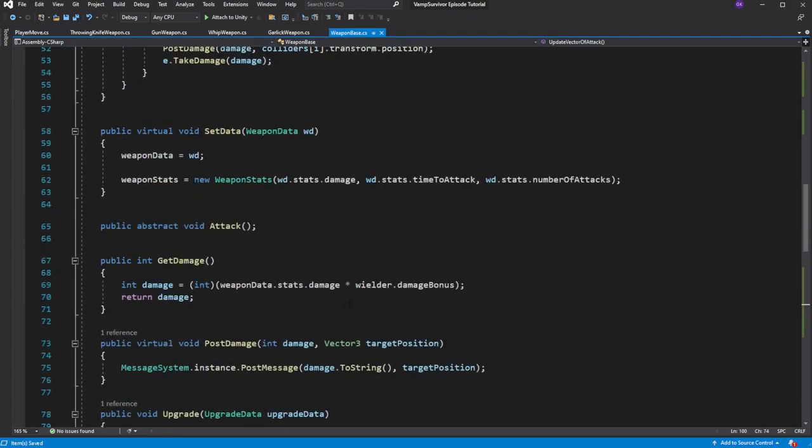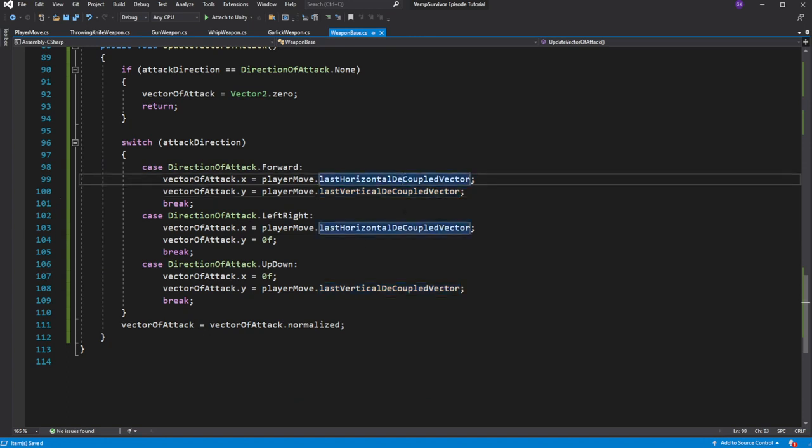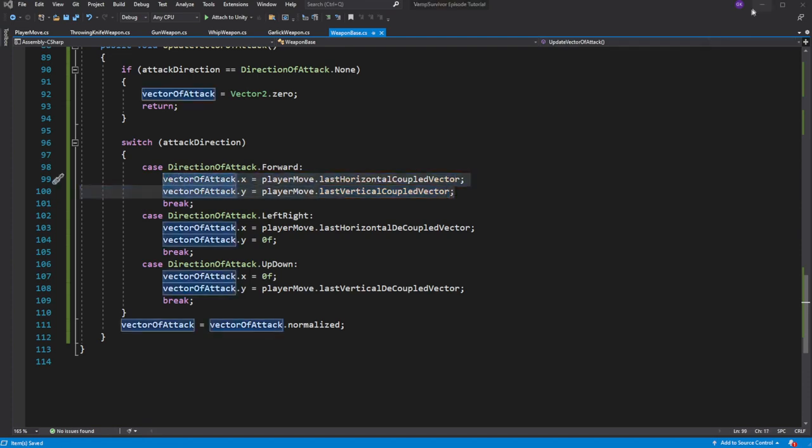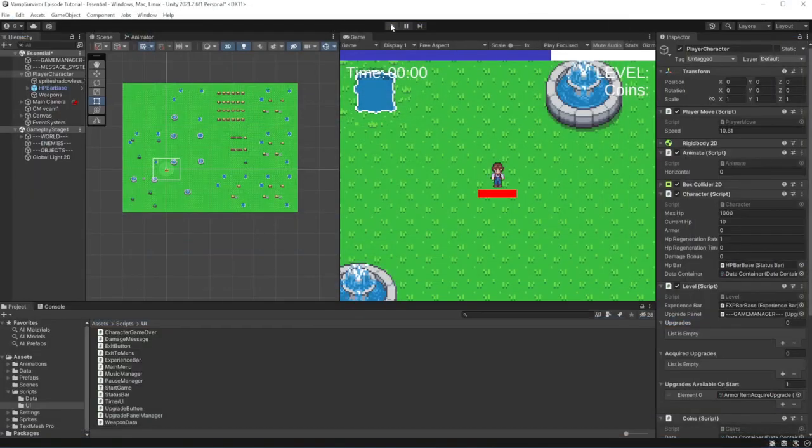Then in the weapon base, in the forward direction, use last horizontal coupled vector. This should fix the weird behavior.